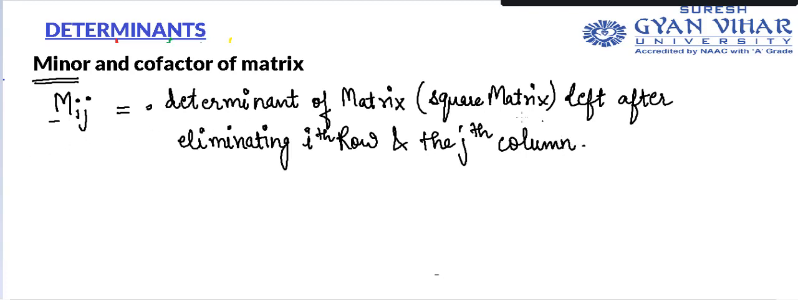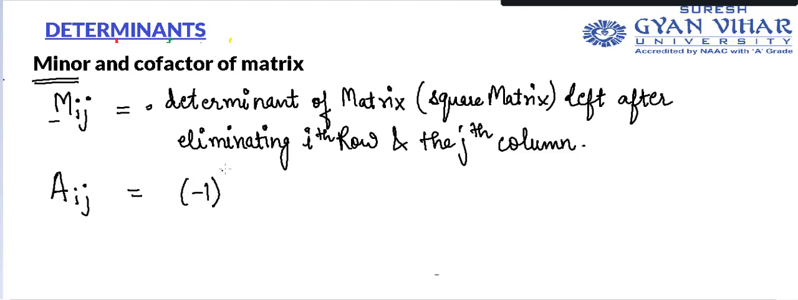First, understand this mathematical equation and the mathematical definition of minor. For better understanding, we'll see it through some examples. Now, similarly, we have cofactor. If we have cofactor A ij, then this cofactor can be represented as